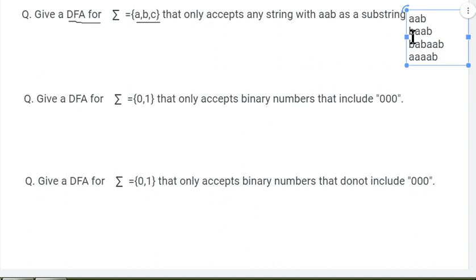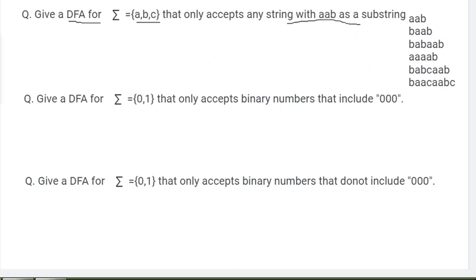And then, because in our input alphabet it is given A, B, C, C also can come in the test set. So what if it is BABCAAB? This is also correct, right? The substring is AAB. It can be BAACAABC. So these are a few possible test sets. The condition is it should have the substring AAB.